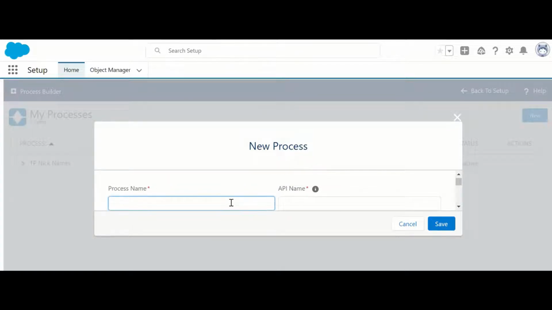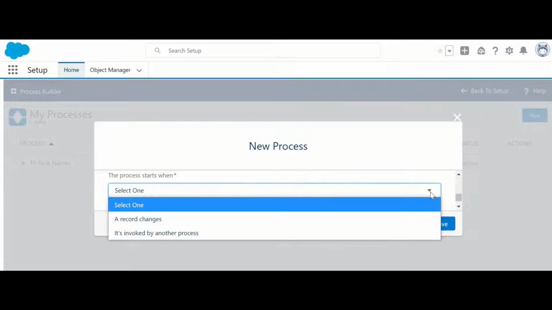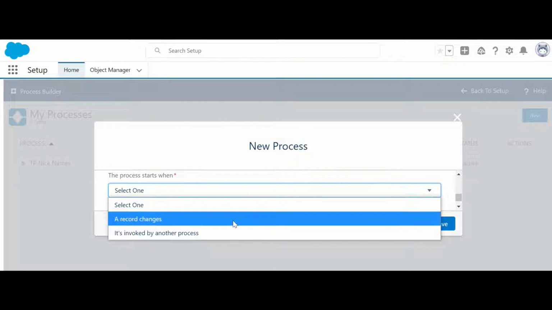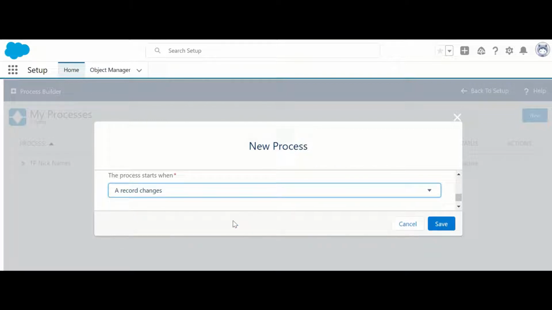Provide the process name, alias name copy. You can provide a description also. The process starts when a record changes. So this workflow will get executed whenever a record is getting changed. Save this.